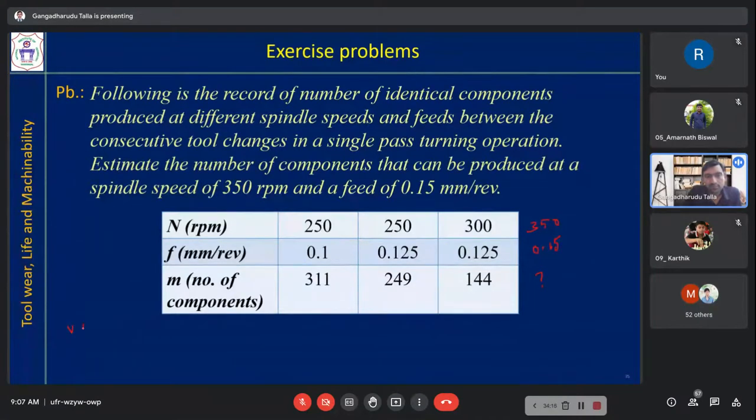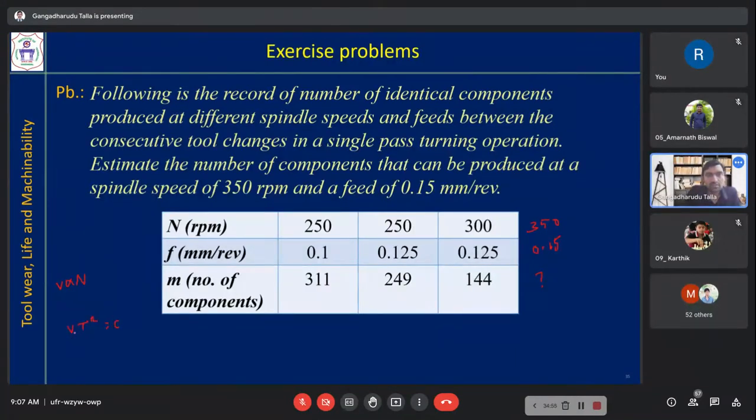We know VT power n equal to C. So what is V? V and N, what is the relation? V equal to pi d N by 1000. So V is directly proportional to N. Because if all others are constants, instead of VT power n equal to C, if diameter and other things are constant,